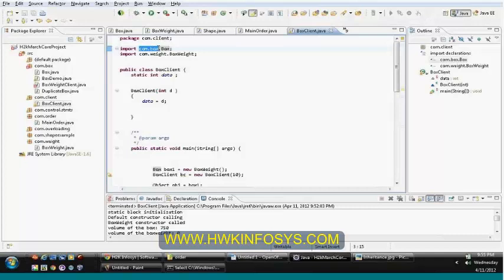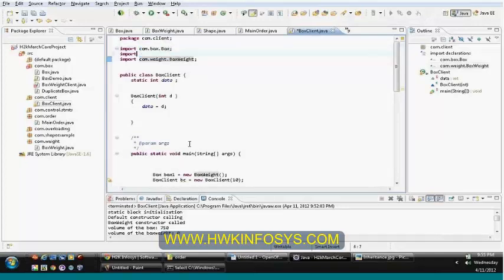Let us say you want to import all the different classes. Import com.box.boxdemo. The boxdemo class, it is also available under com.box. So it's not required for you to import each and every class.